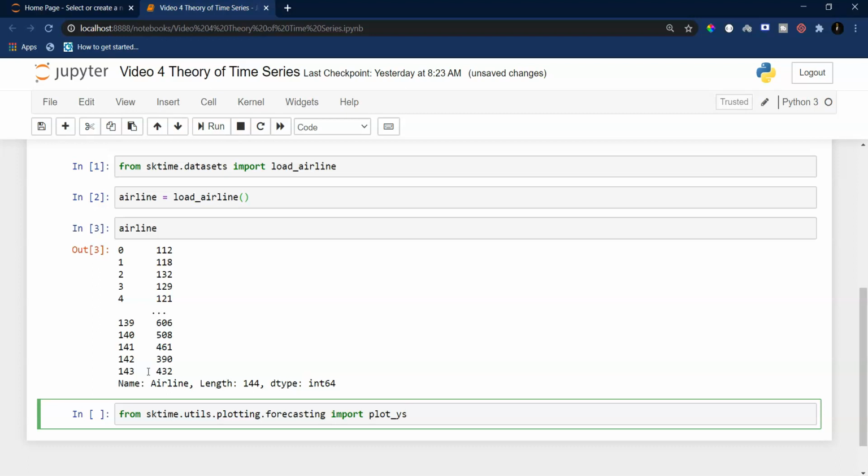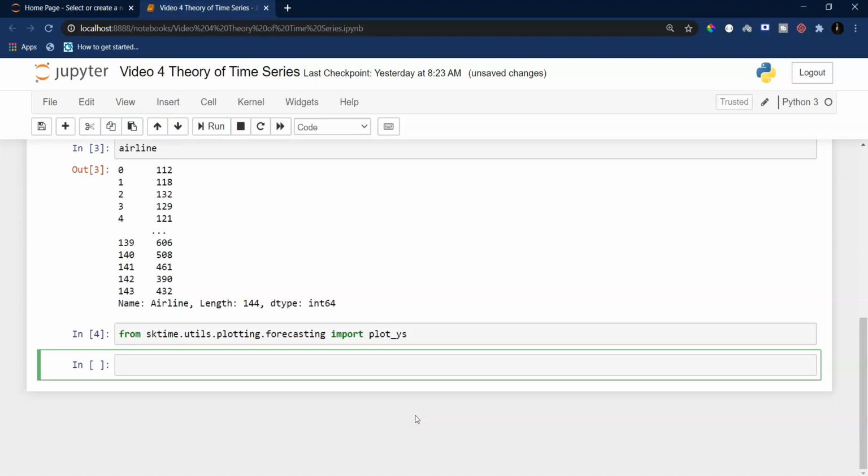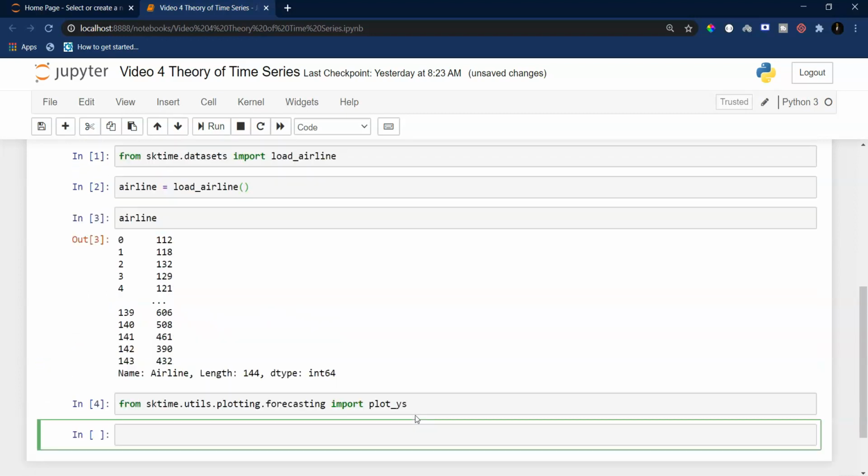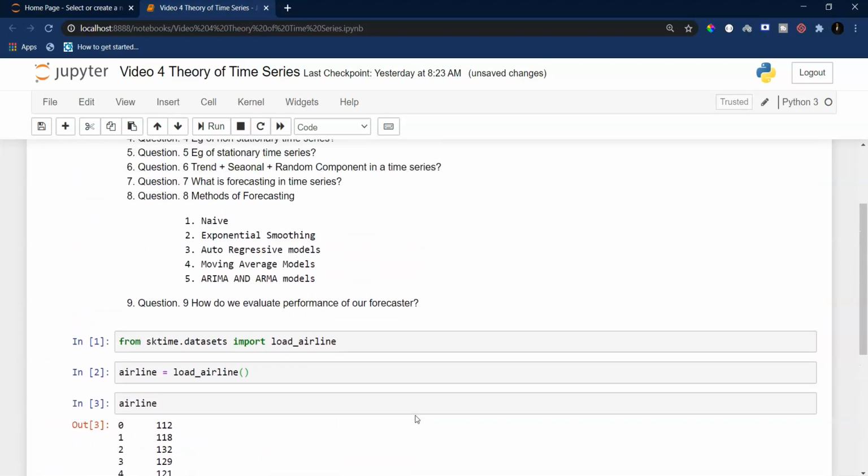And if you think that you should be using matplotlib, then you are free to use matplotlib, but I will suggest you to use this plot_series function because it is quite handy, and there are lots of things which you do not need to do manually using matplotlib. You can just use this single command of plot_series to create very sophisticated graphics.